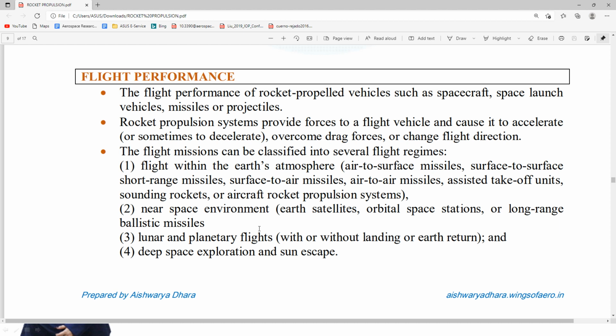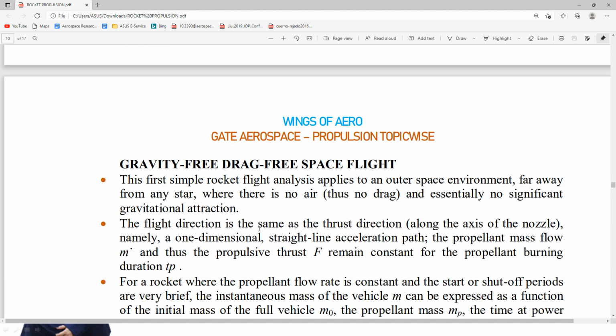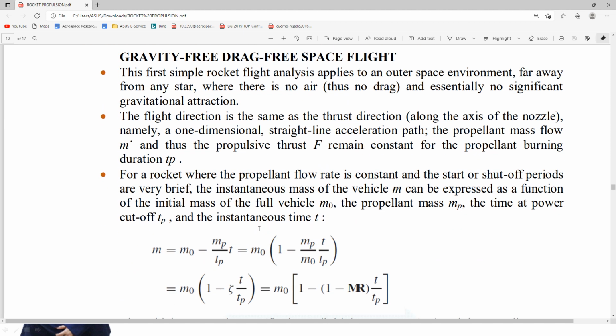So we are going straight away to understand the type of method. Basically they ask about a gravity free condition, sometimes gravity free or drag free space flight. If these are derivations, I don't have to remember the derivation, but if in the question they ask about a drag free consideration or gravity free consideration, at that time you have to make use of this particular formula.